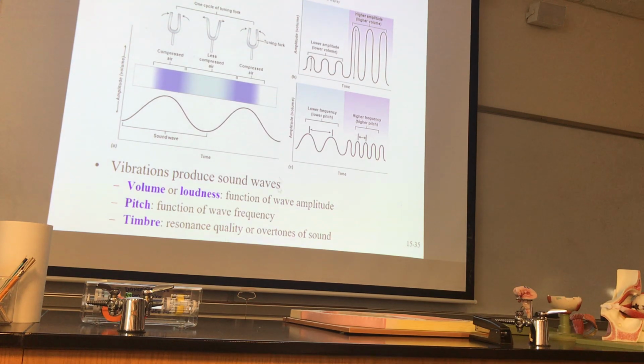If it's a low frequency sound, like your bass sound, usually males have a lower voice, the tympanic membrane and the sound waves vibrate at a slower oscillation. That allows us to hear the different frequencies. The way that the tympanic membrane, the eardrum, starts to vibrate, whether very slowly or very fast,